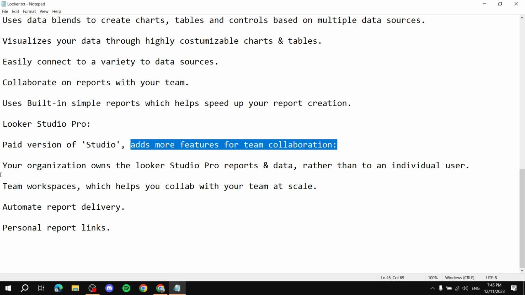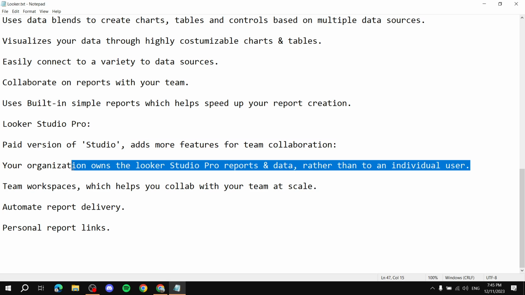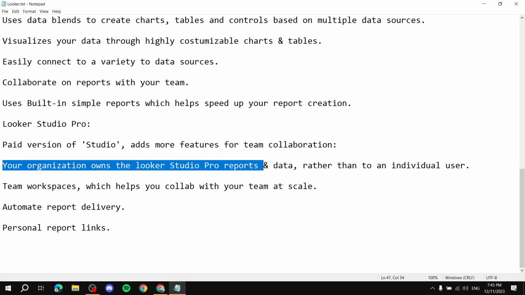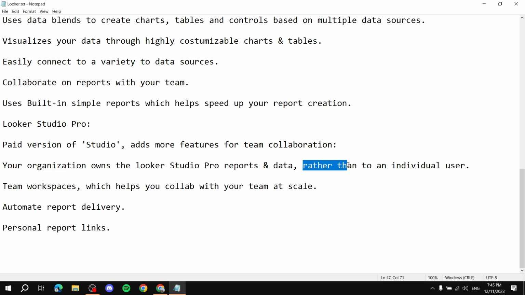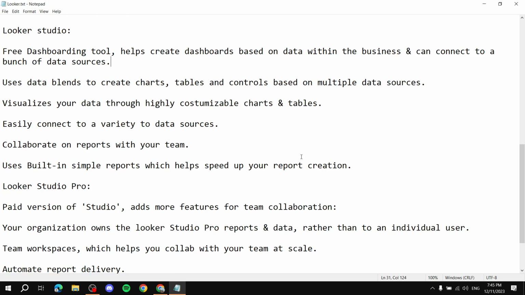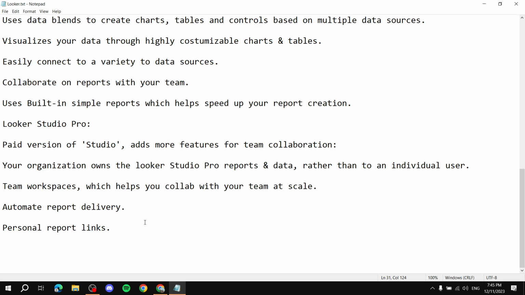With the paid version, the Pro version, your organization now owns the Looker Studio Pro reports and data rather than an individual user. With the free Looker Studio, the individual user owns the reports and data, but here the organization is going to be the one who owns it. What does that mean? That means if somebody, for example a colleague from your organization,